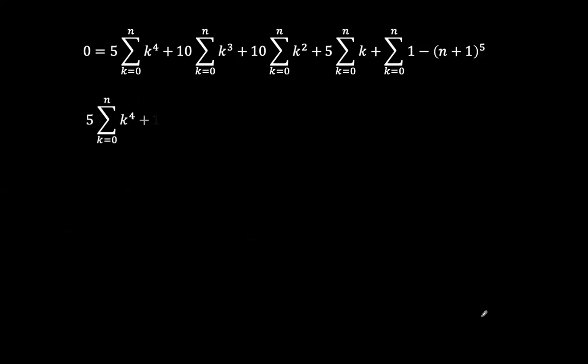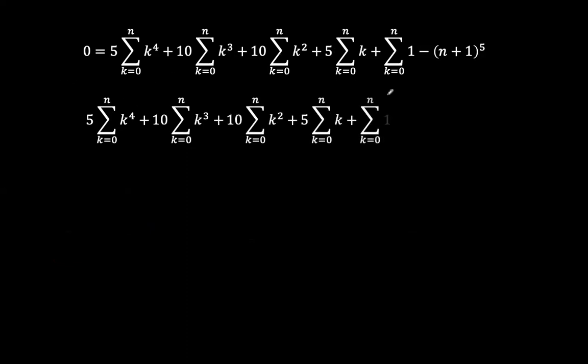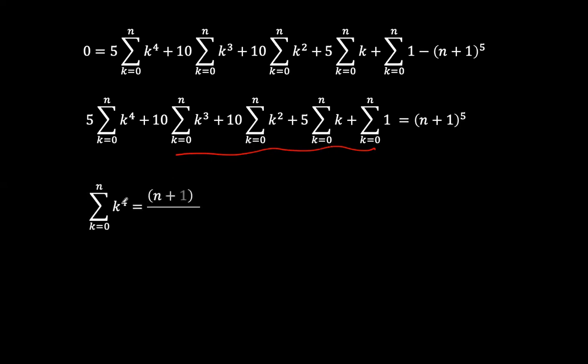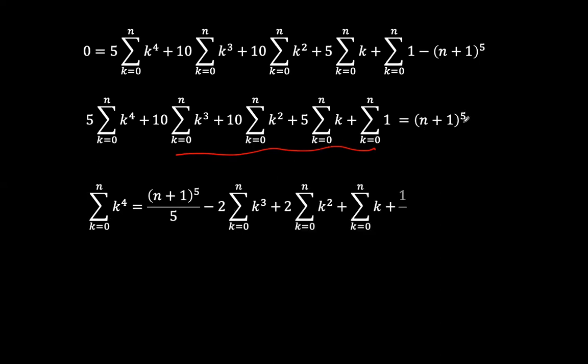Okay, so we can reorganize by shifting these terms onto the left-hand side, and then reorganizing it so that we have the unknown on the left-hand side. Now we can also push this term up to here onto the right-hand side. And now we are left with the summation of k to the power 4, which can be obtained by dividing across that by 5. So we have now this n plus 1 to the power 5 divided by 5